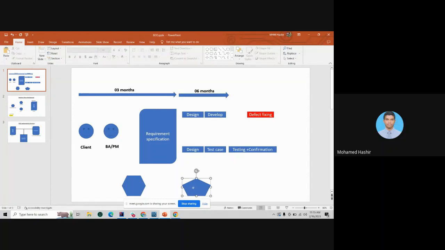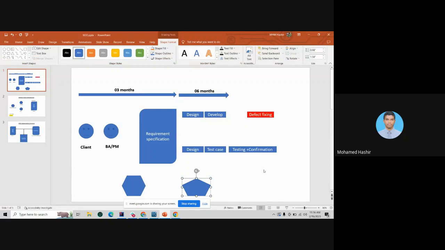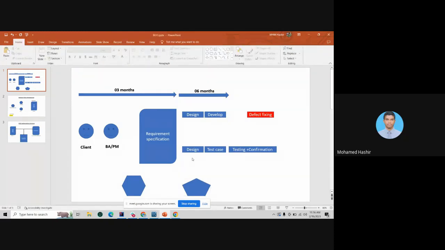So based on that, definitely the BA will try to convince that this is the requirement and this is what was delivered, but the client side is not satisfied, because some functionality might change and some UI might change over 1 year. The 6 + 3, which is 9 months, goes to finalizing the requirement and the release. So in that time, the BA will be unhappy, and the PM will ask the developers and testers